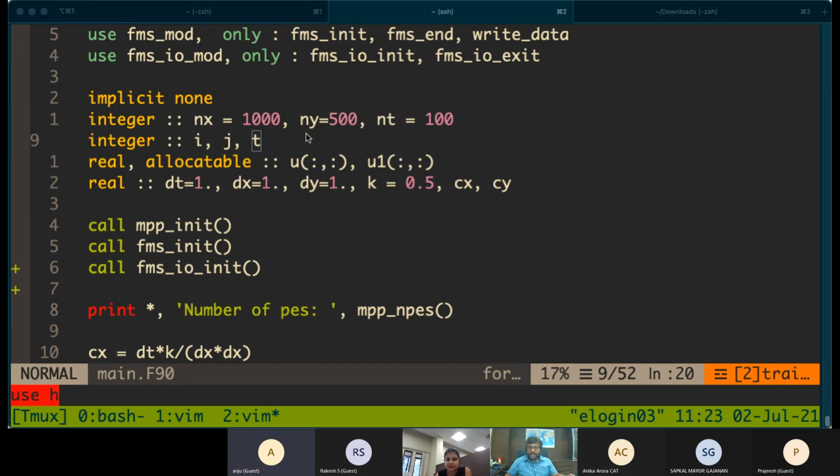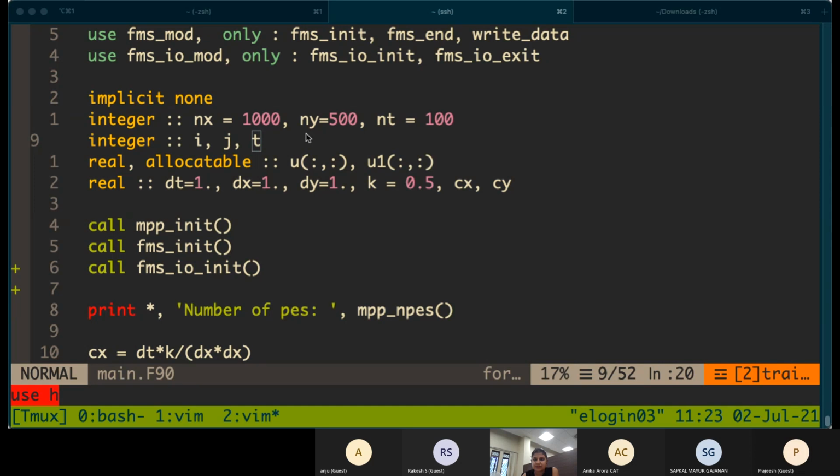Is it because your video is on? Now I can see. Yeah, now I can also see. Maybe the video was eating the bandwidth.